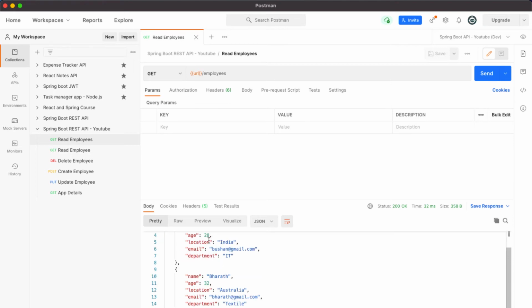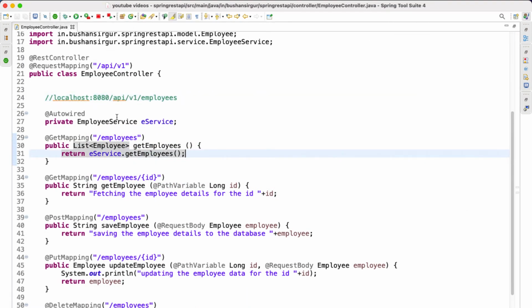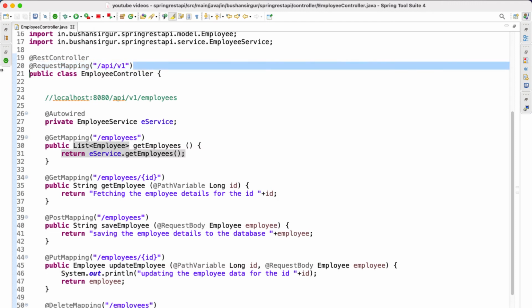Alright, now we have added the URI at the class level, but here is a problem. Tomorrow if I go ahead and create one more controller, let's say a customer controller or a student controller, and that controller does not contain this URI, /API/v1, unless I specify it explicitly. If I want to prepend /API/v1 to all the controllers, then I have to go ahead and add this URI to all the controllers.